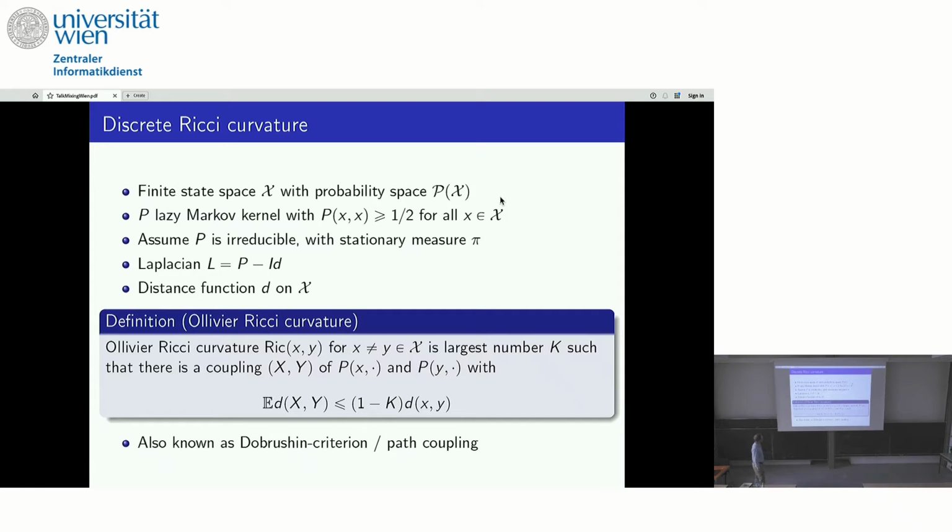There's one thing which is a very obvious question when you see this, namely that you have the two input data, the distance and the Markov kernel, and they are totally independent so far. You can choose the distance no matter what the Markov kernel is, and vice versa. A nice question for the audience, because I'm not really an expert in metric measure spaces, is what happens if you do this on, say, Riemannian manifolds or metric measure spaces? Is there any research on this?